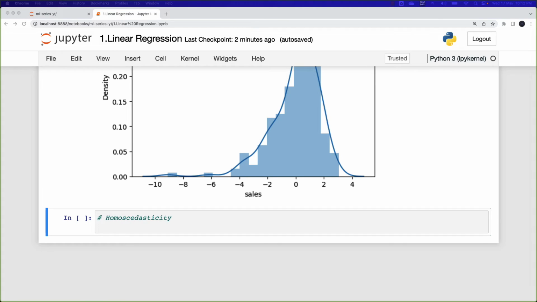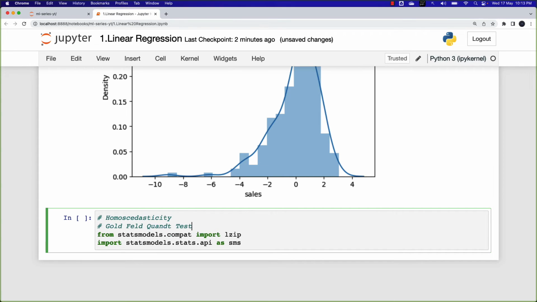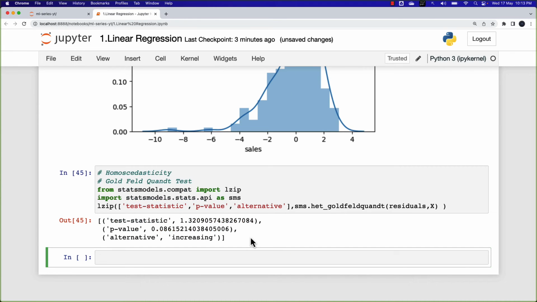So we have the assumption of homoscedasticity. How do we check whether this assumption is true or not? In order to check for homoscedasticity, we can apply the Goldfeld-Quandt test. To perform it, I'll import the library statsmodels and calculate the same for our given data set. If I show you the code and execute this, I've got a p-value which is greater than 0.05, and the test statistic score is 1.32 from this